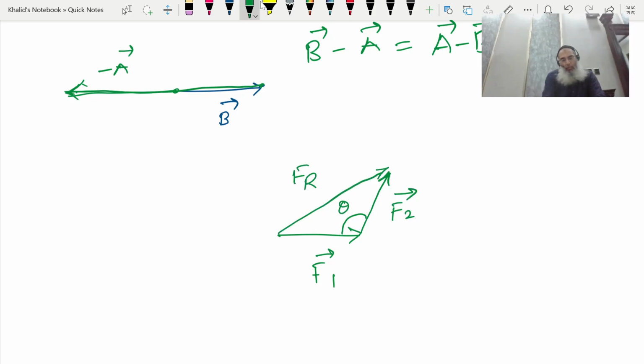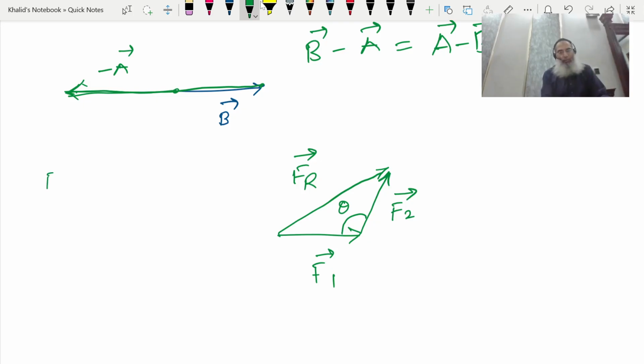How do we find it, graphically or algebraically? So here trigonometry comes in. Although it's not a right triangle, we have a law. It's called the law of cosines. That law says that